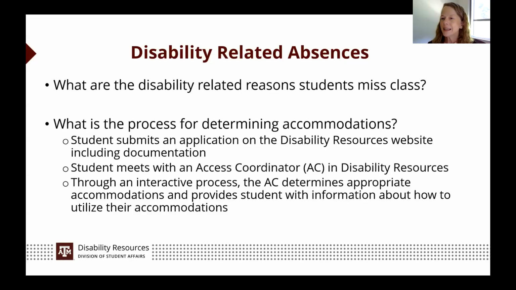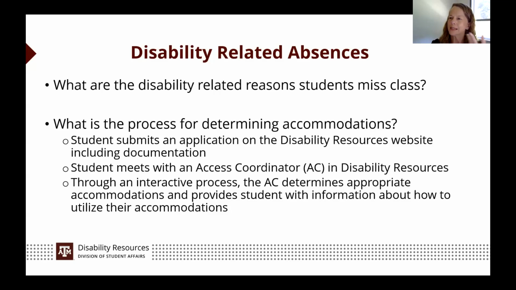Autoimmune flare up, anything that flares up, usually we hear that a lot. So typically, not always, but typically they are chronic conditions that are episodic in nature. So they're able to come to class and then something happens and they miss class. And it really doesn't make sense for them to go to a doctor. So usually I talk about migraines because people usually have a good idea of what a migraine is like. If you have migraines, you don't go to the doctor every time you have a migraine. You take your medication, you rest, you take care of yourself, and then you come back.